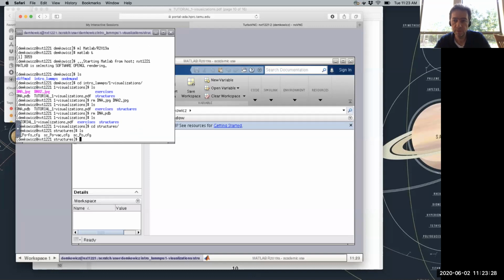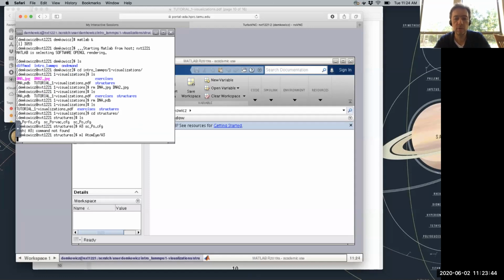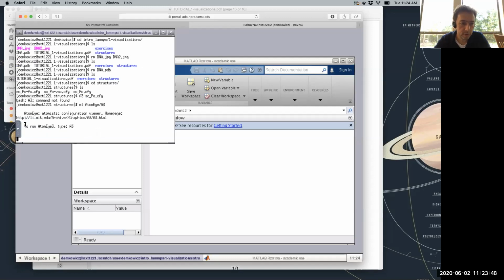Okay. And I don't know if I have to re-add atomize, so I'm just going to try this without re-adding it and see what happens. No, okay. So I have to re-add atomize. That's ml atomi A3, okay, so you've all seen this before. All 3 of these files that you see here are Atomi files that you can visualize, and the one that I wanted to focus in on here is this one.